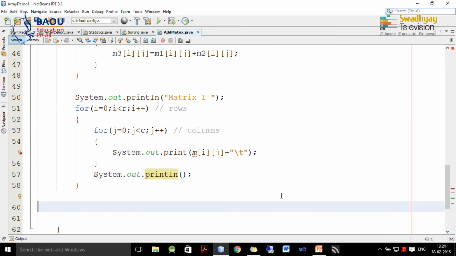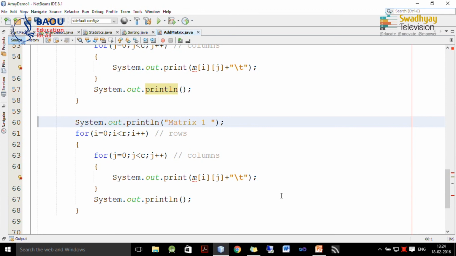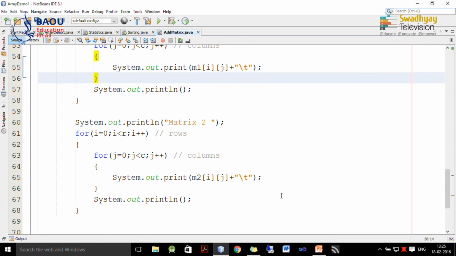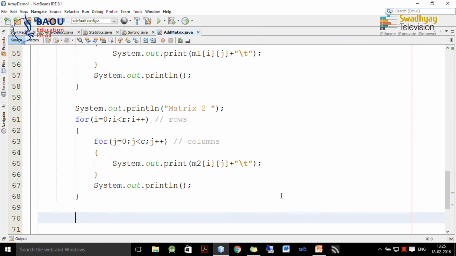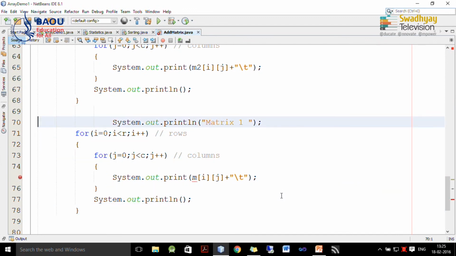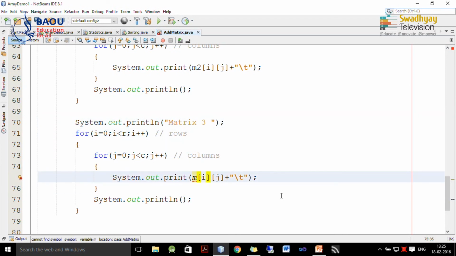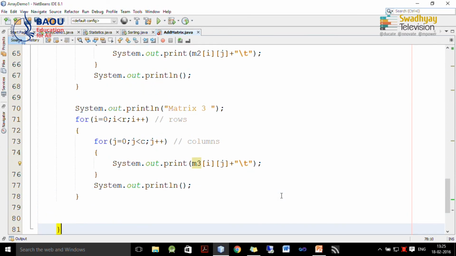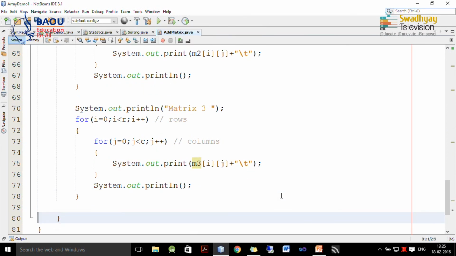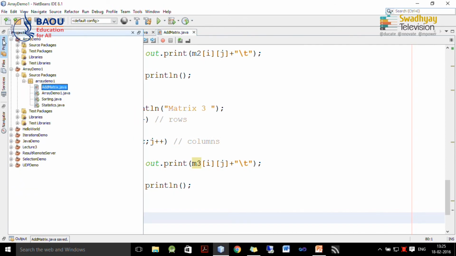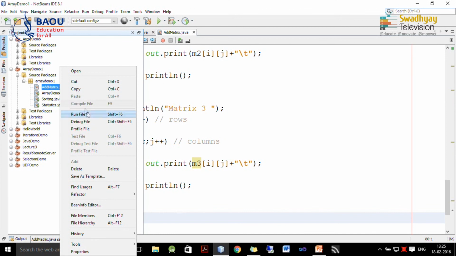Now, we copy this logic and here we display matrix 2, but here you have to write down M2, other things remain same, and in last we will display third matrix or addition of two matrices, which is referred by M3. Now, we save this program and run this program by right clicking on it and run.